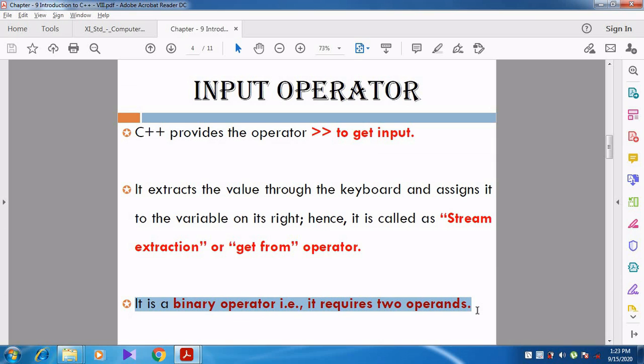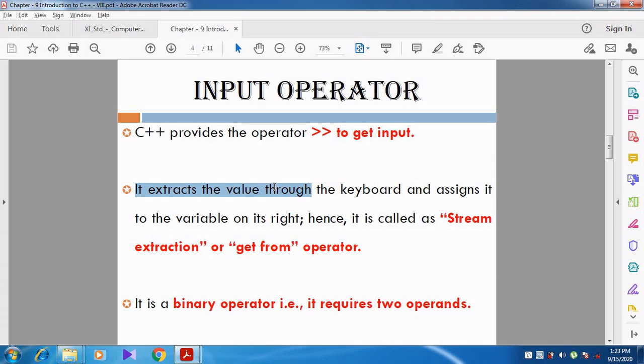C++ provides the operator double greater than symbol to get the input from the user. This operator is called the stream extraction operator or get from operator. How does it store the value?